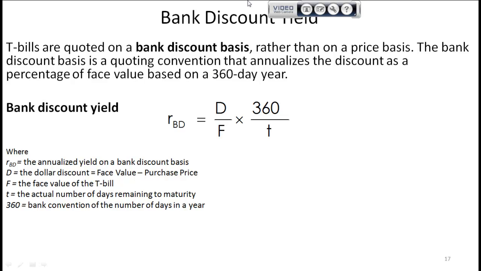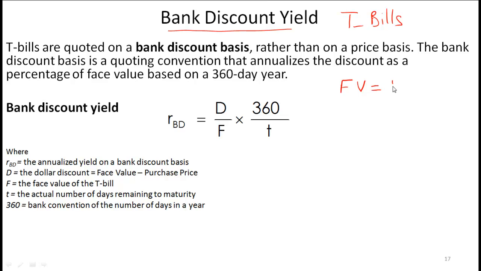Start with the bank discount yield. This is used for T-bills. So T-bills are quoted on a bank discount basis rather than on a price basis. The bank discount basis is a quoting convention that annualizes the discount as a percentage of face value based on a 360-day year. So let's say that we are talking about a T-bill with face value equal to 1000, and